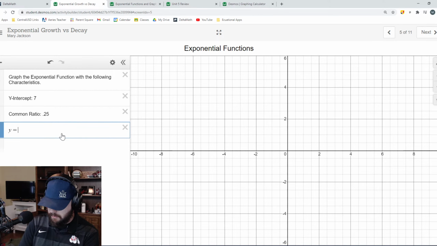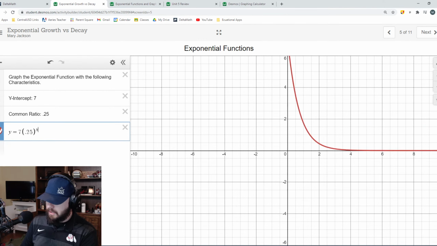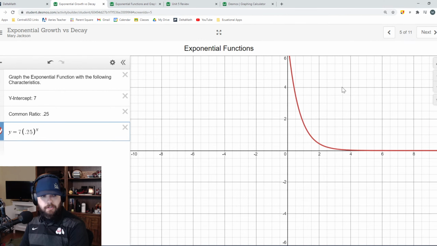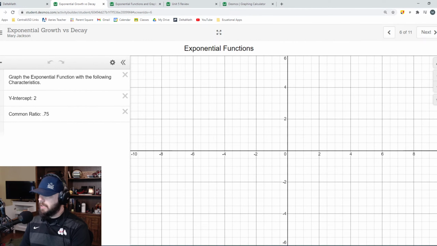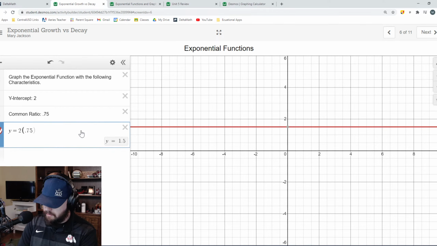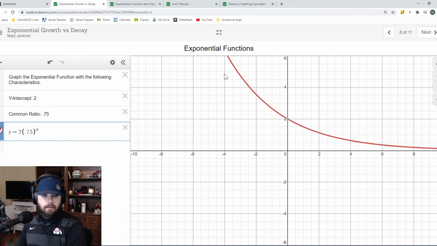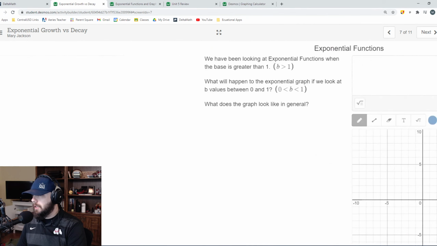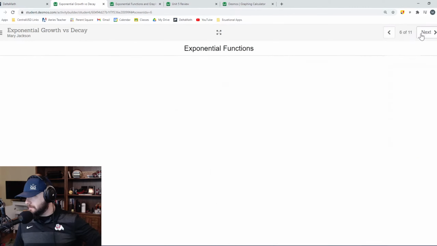And then again, y equals 7 times 0.25 raised to the x. There's my exponential function here. And then the last one is y equals, my y-intercept is 2, my common ratio is 0.75, and I'm raising that to the x. Okay, so there's that. All right, so the last thing is, based on what you saw in our last 3 problems,